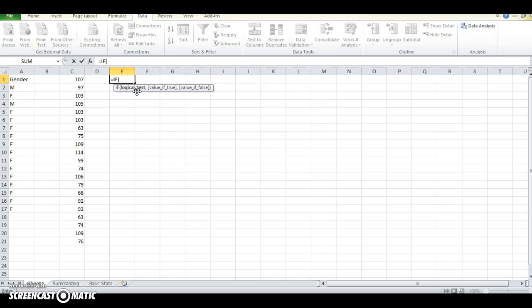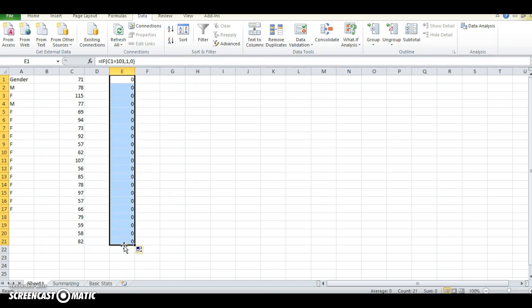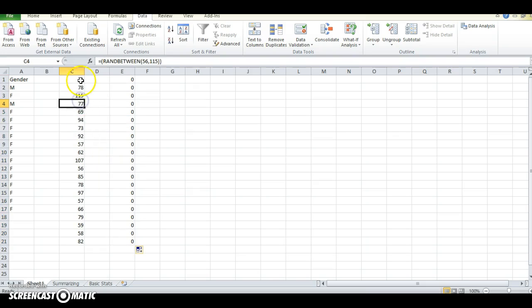So what you can do in Excel is create a variable. In essence, if this cell equals, we want to say, does it equal 103? We'll see how many 103s we get. Equal 103, then we do a comma. What's the value? We'll do a 1 if it's true, if it meets that condition, and a 0 if it doesn't. And as you can tell, it doesn't meet it, so we'll click and drag, and we'll see. Now you'll notice that these numbers just changed. The reason for that, particularly with the random function, is that it's calculated every time the spreadsheet is manipulated. So a good way to fix that is to make sure we Control-C, we copy,